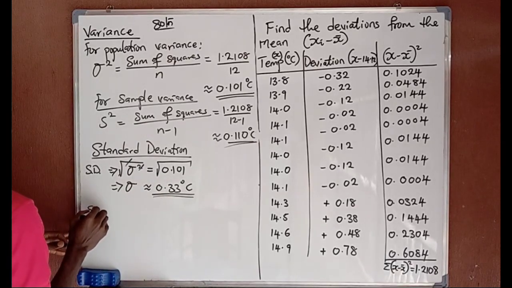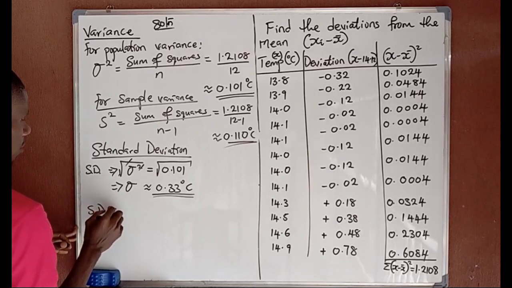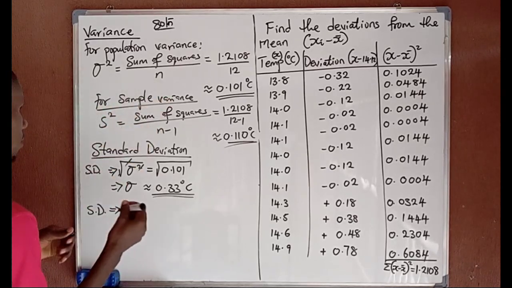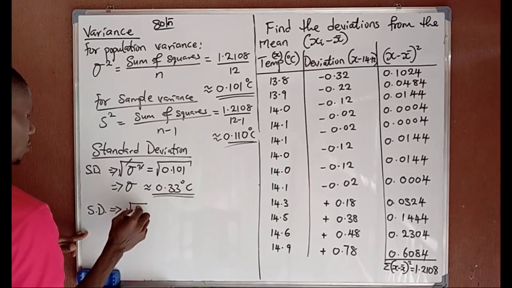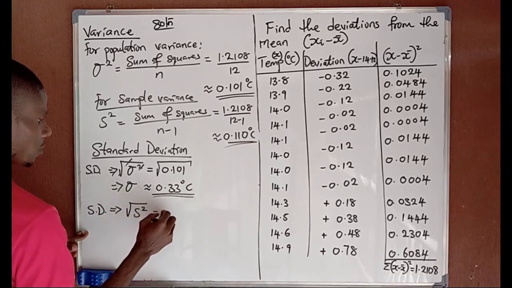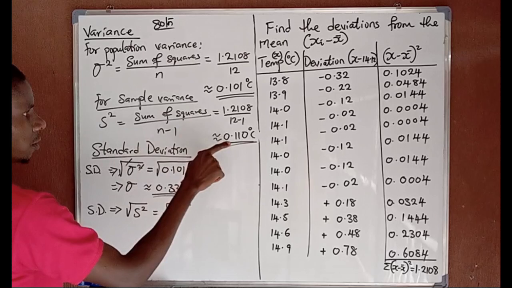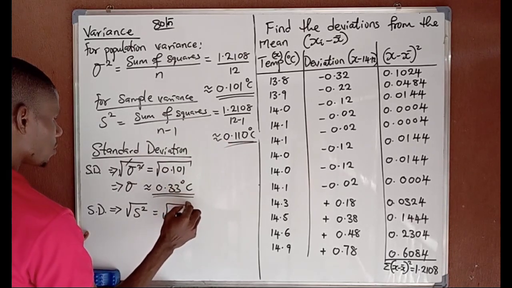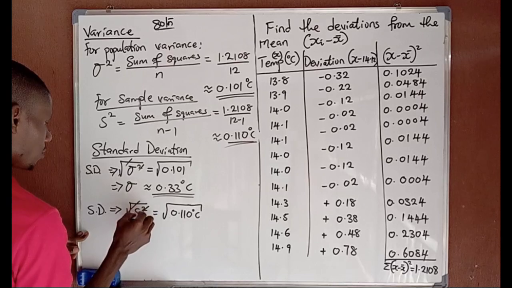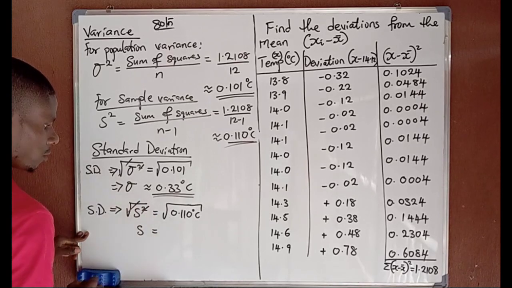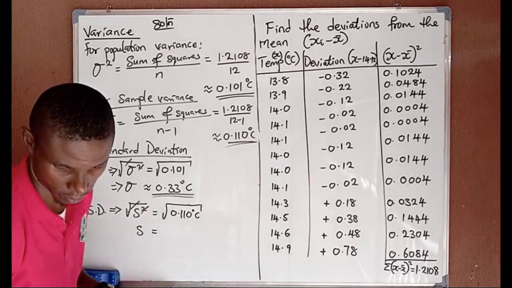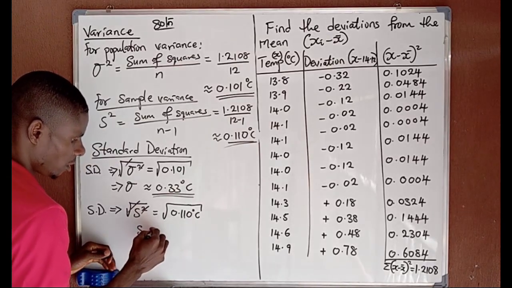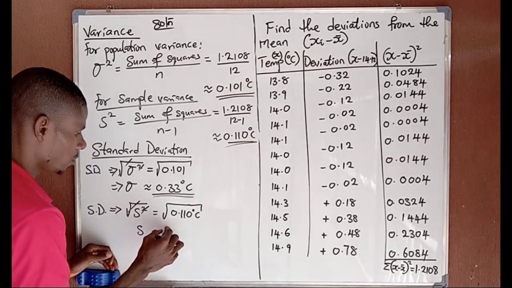And then, what is the standard deviation for sample variance? This is the square root of s squared equals the square root of the value. What is the value? 0.110 degrees Celsius. This cancels the square, and we will then have s equals approximately 0.33